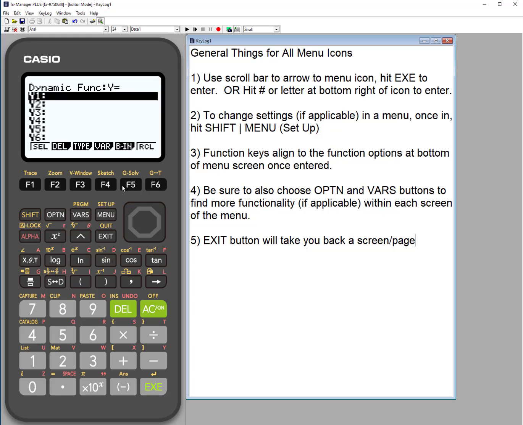So let's say I'm working with students and we're thinking about the linear equation and trying to understand slope-intercept form. In the US, we tend to use m for slope and b for the y-intercept, so mx plus b. I could enter that function in dynamic using variables instead of numbers. So we're going to do that here.